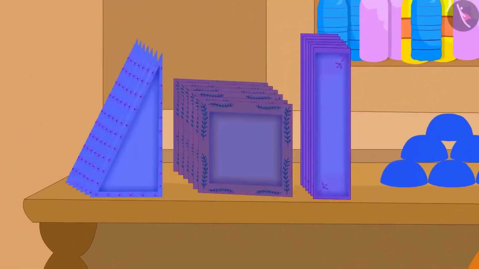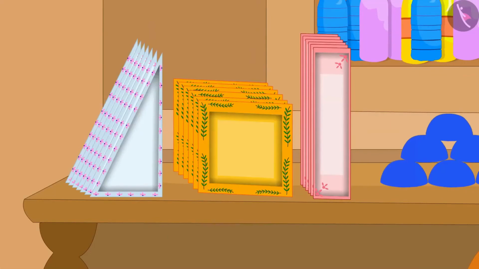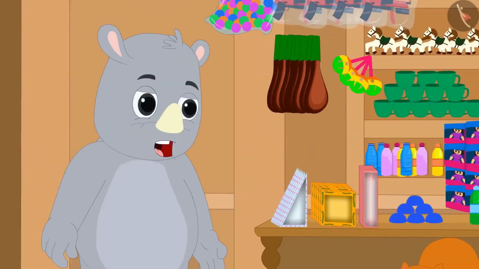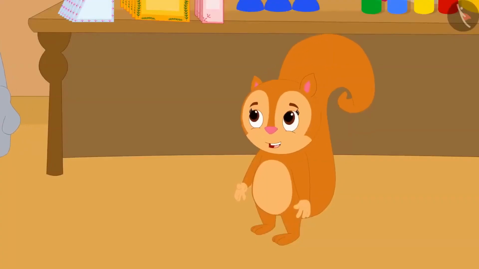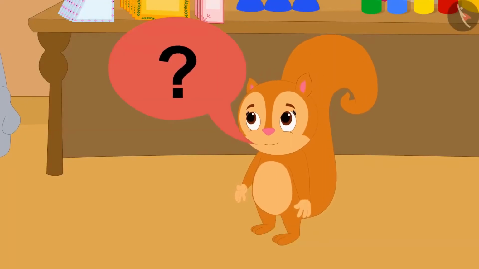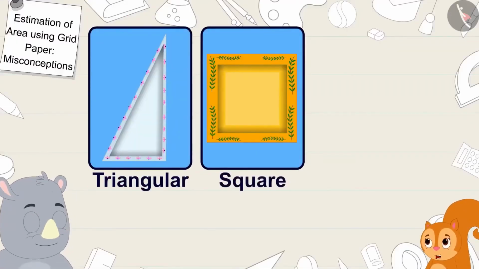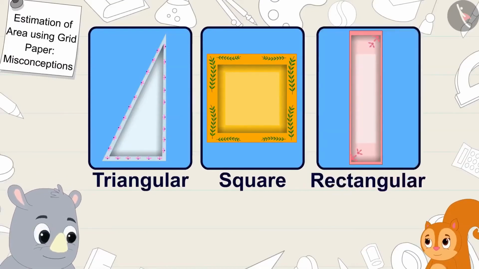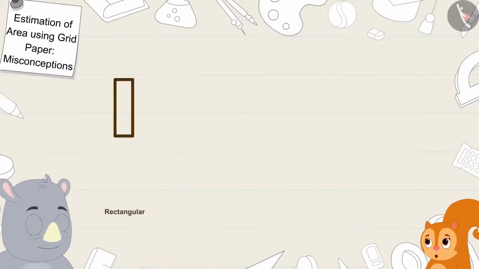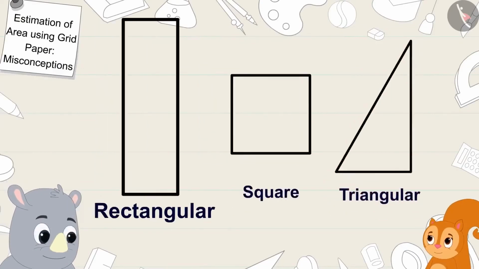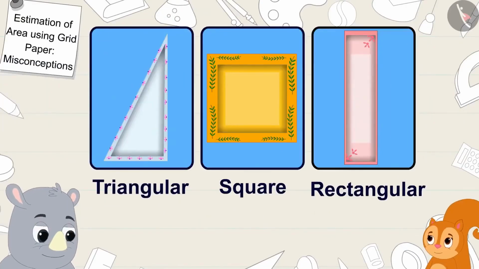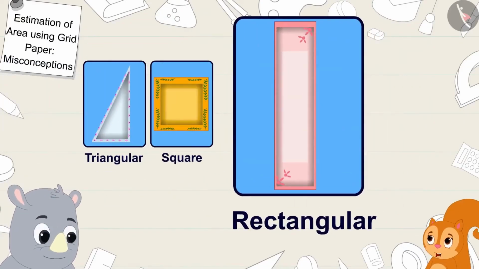And said, Chanda, all these plates are of new designs, and in all these you can serve exactly the same amount of food. But how is that possible, Gaggu? This plate is triangular, this one is square-shaped, and this plate is rectangular. Because rectangle is bigger than square and triangle, the rectangular plate is bigger than both these plates. Chanda said to Gaggu.